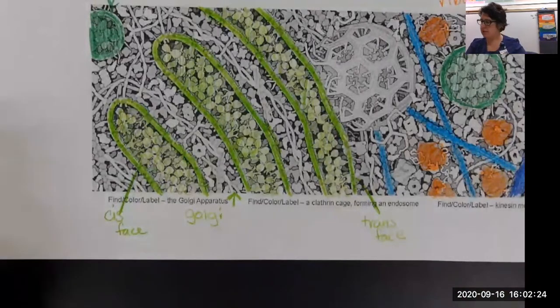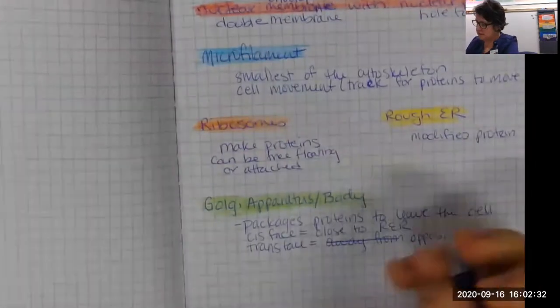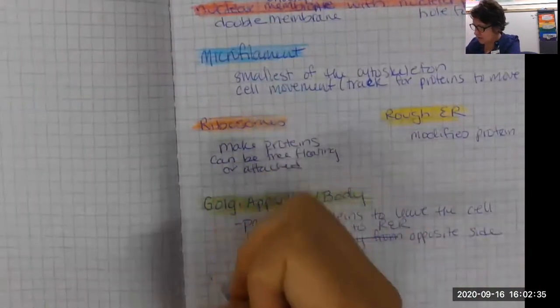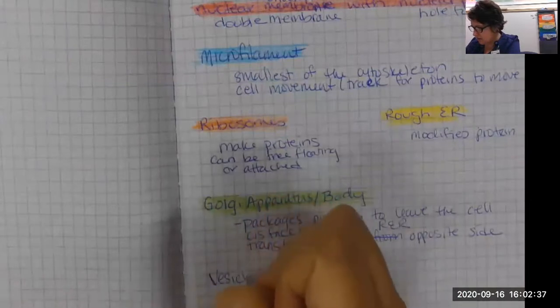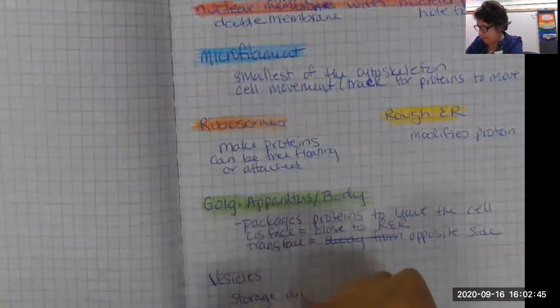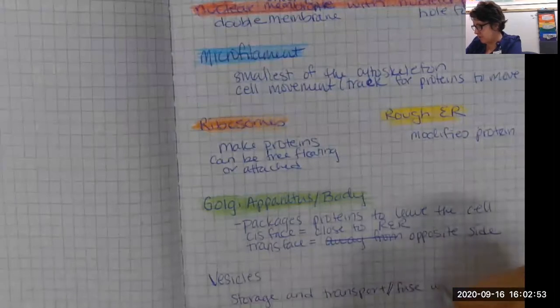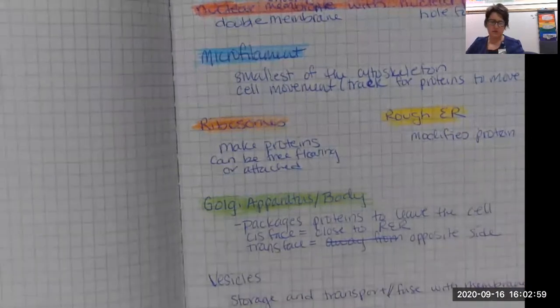All right, so the next thing we need to do is write our vesicle information down. Cis and trans. So our vesicles are for storage and transport. They fuse with membranes, and those could be membranes of organelles or membranes of